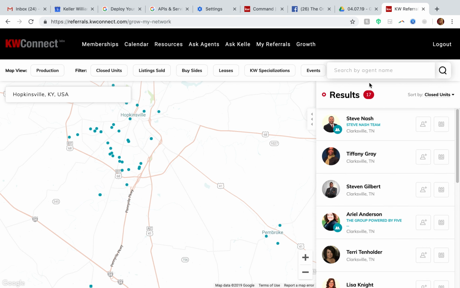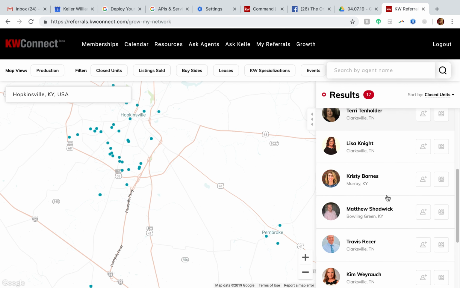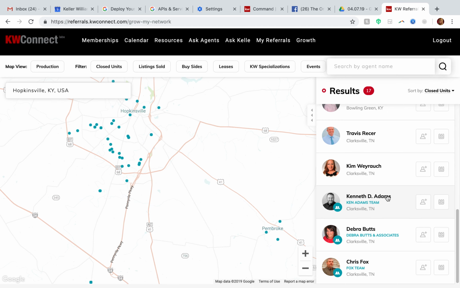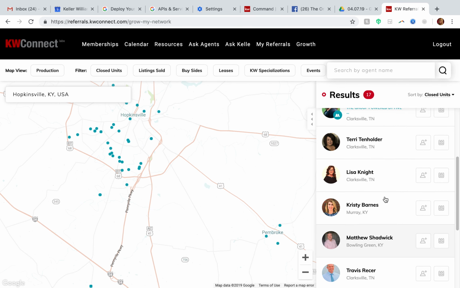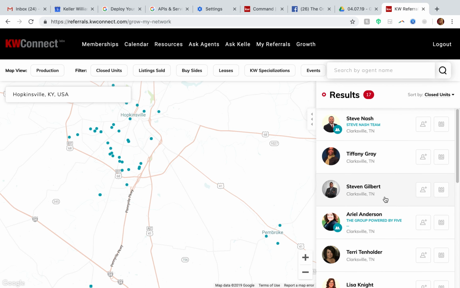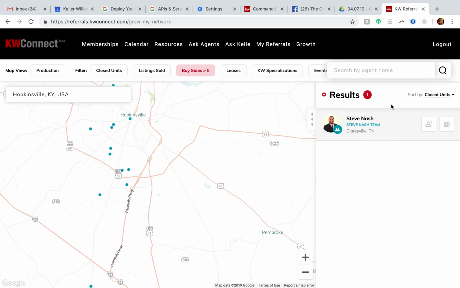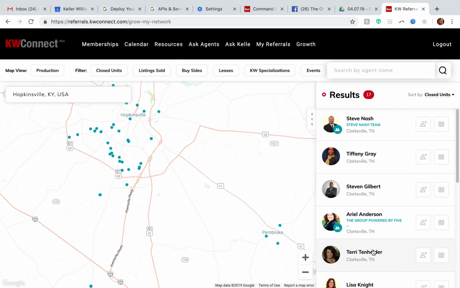It has pulled 17 agents who are working that particular market. Most of them look to be out of the Clarksville office, and there's a couple from Murray and Bowling Green. So you could also filter this by maybe if it's for a seller, you could say at least a certain number of selling sides, listings sold, or buyer sides. You could come in and say, I want at least 5 buyer sides and hit filter, and it'll show you the filtered results. So you can clear that if you want to so that you have more people to look